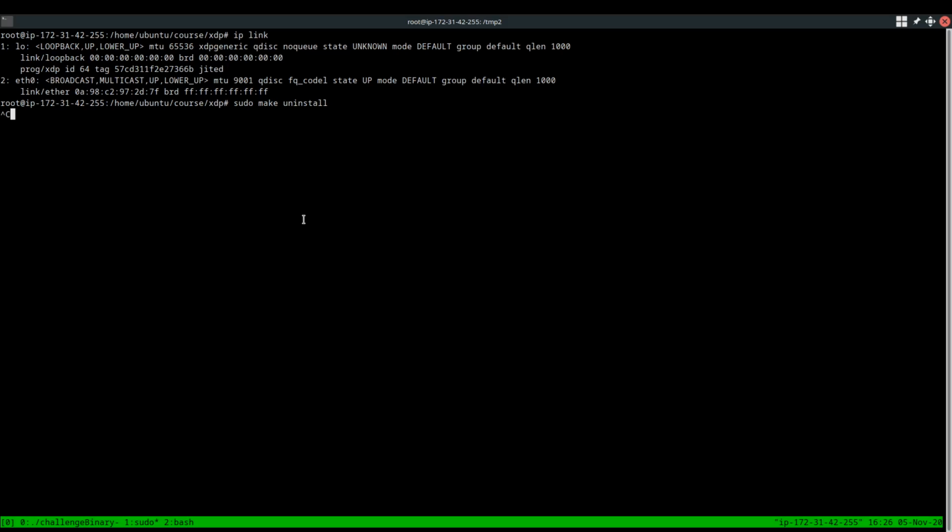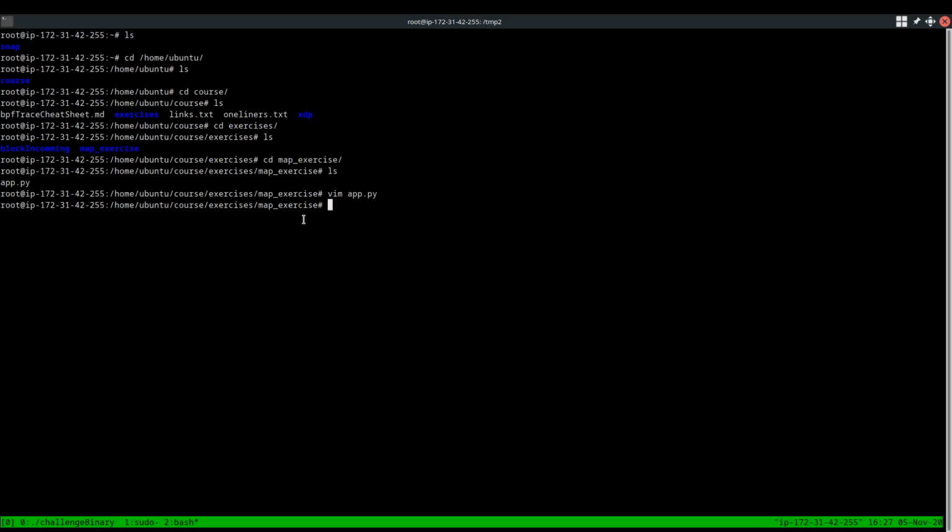Because we've now blocked all packets on localhost, sudo tries to do a DNS lookup using localhost because that's where the DNS resolver is installed on Ubuntu. But because we're blocking all packets, it can't do a DNS lookup. So as you can see, it hangs nicely, which will resolve itself after a while, but it takes a while before it times out. So if we just go back here,